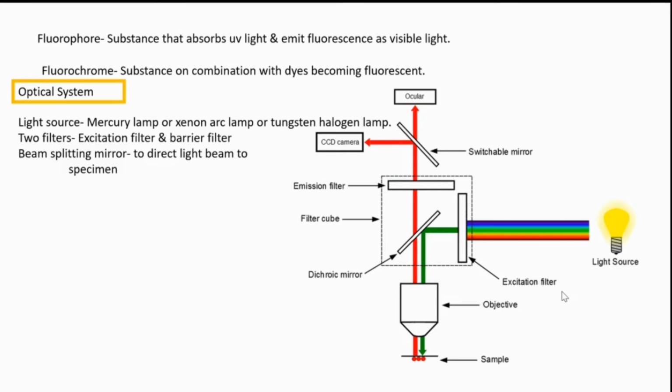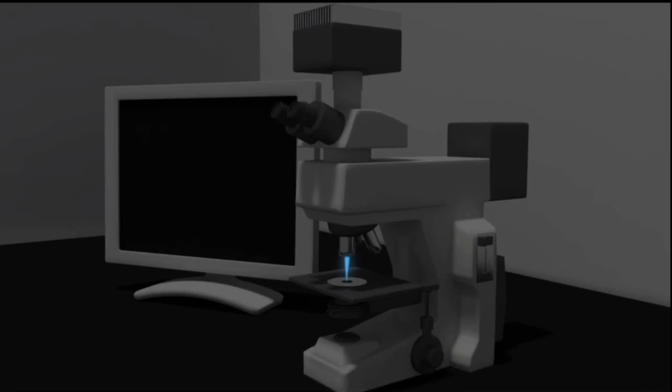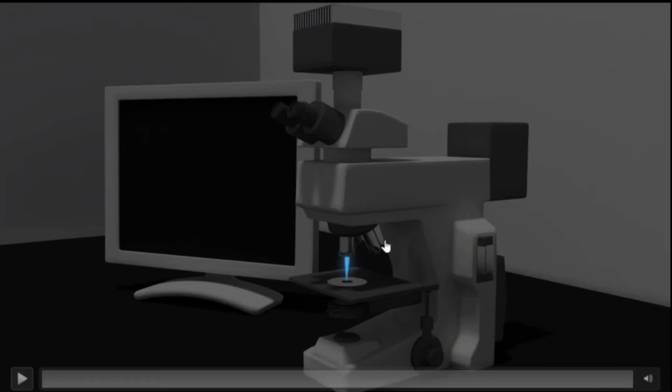I think everybody has understood that. Can we go to the next slide? Okay. This is a video. After watching this video, I think it will be very clear to you how that fluorescent microscope is working, and as I have already explained to you, its arrangement and the path of the light. This video will enable you to understand very clearly the working of the fluorescent microscope. So let's see that.